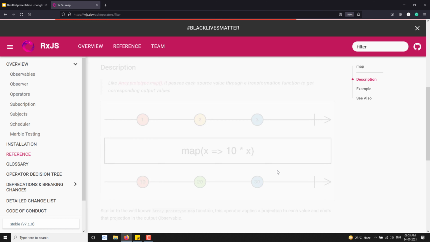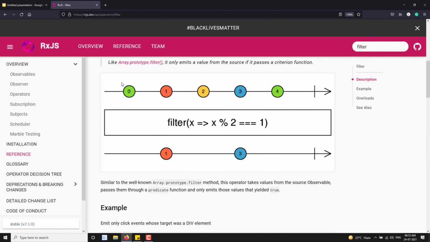So if I open this filter operator, here you will be able to see again a marble diagram. So for every operator you will be having a marble diagram. If you understand this marble diagram, then you will be able to understand the operator much better. Now here, we are having a source observable at the top. It is emitting values something like 0, 1, 2, 3, 4. Each value is represented by a different color, so that you will be able to understand. So down here also, you can associate it with the values. So orange 1 means here orange 1, blue 3 means blue 3. Okay, now you will be able to understand.